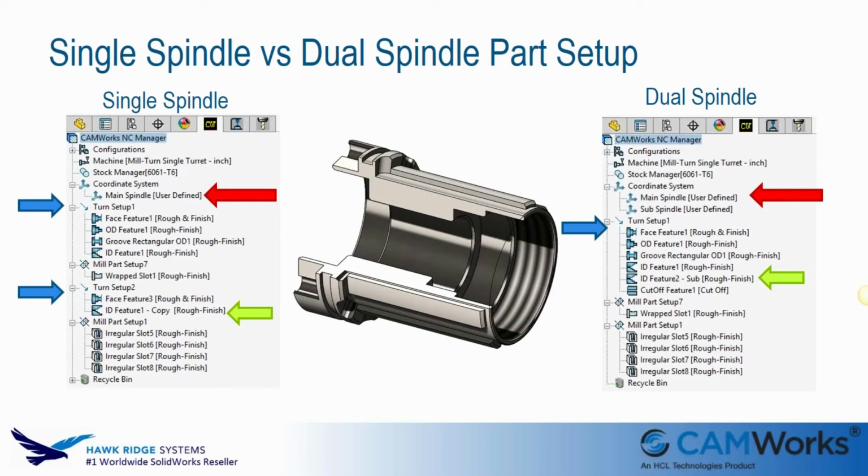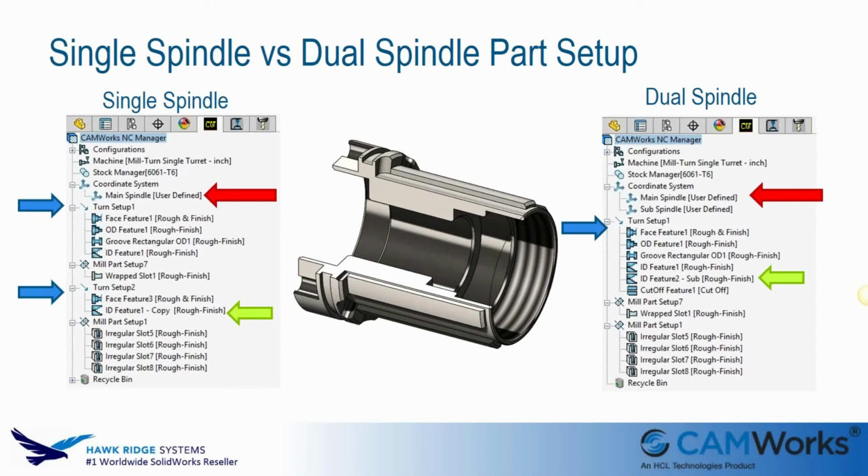The key thing to start with is the differentiation between programming for a single spindle machine versus a dual spindle machine. If I have to manually flip the part around because I've got features on both sides of it, like in this case, a bore on the left-hand side for a bearing and a bore on the right-hand side for a bearing and a threaded portion here, how do we set the part up to double chuck it on a single machine, or how do we program it for a dual spindle machine? And if you take a look at the